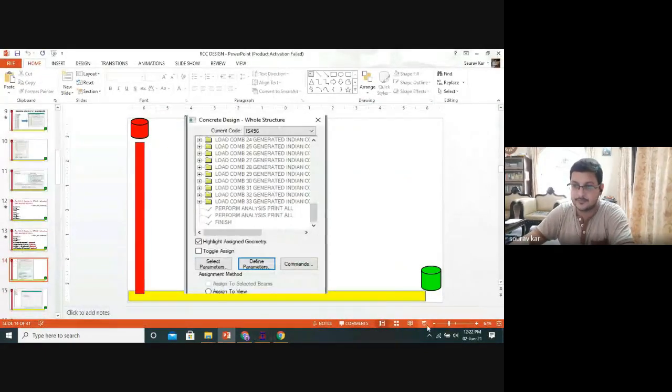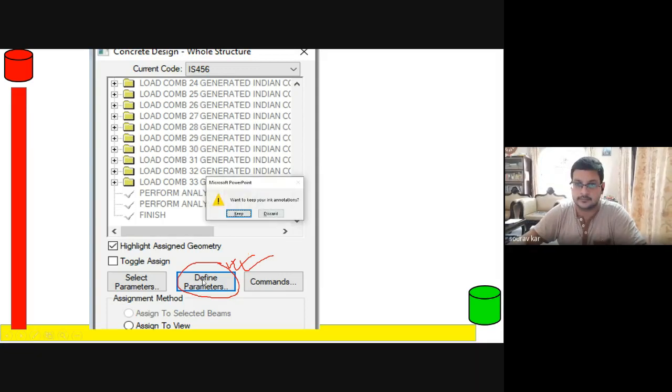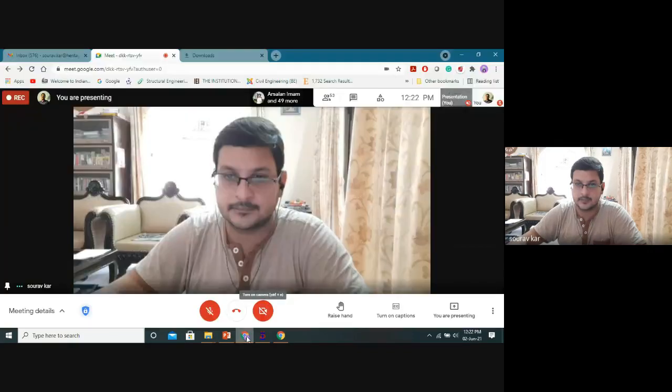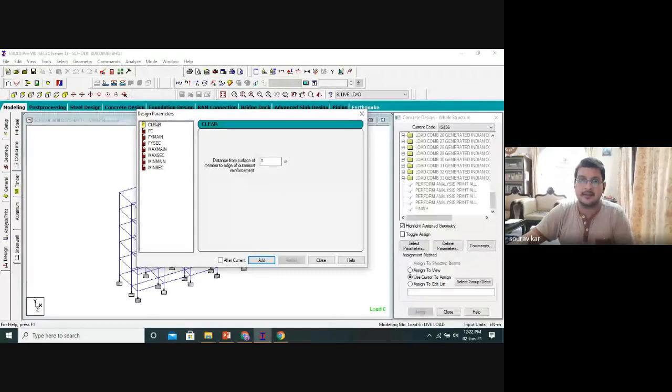come to this slides, we will now select the define parameter. Now I will choose the define parameter. That means I have created the bucket list. Now I will put the values inside the bucket list. Okay. So define parameters I am clicking. See, first clear option. All the units are in meter. Okay. All these units are in meter.